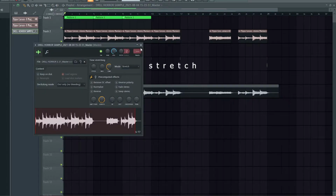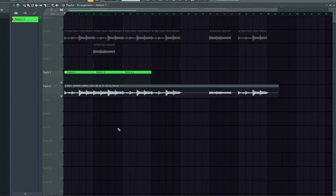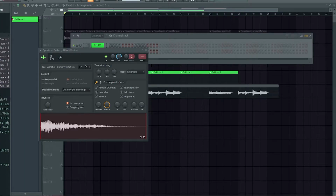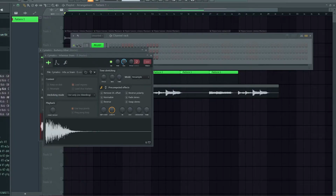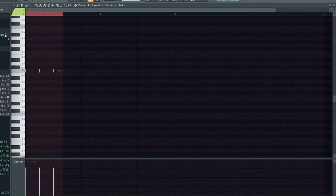But here, make sure it's on stretch, and now I'll try and find a little drum drill rhythm. See if I can work something into this. So I'm going to look in my drum kits. Might go Cymatics, do their drill sort of sounds. Use that, then a snare. That one's nice. Then a kick, I guess. So again, UK drill hi-hat pattern, and then the snare there, actually go like that,